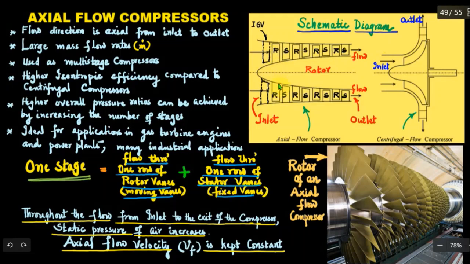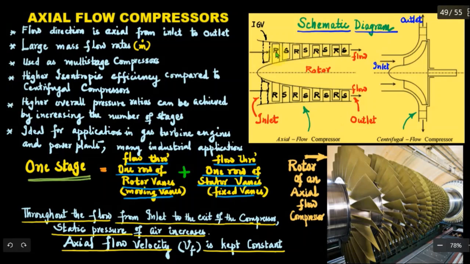In a rotor vane, remember, that is rotating. As it rotates, it provides kinetic energy to the flowing air. So there is energy addition. And in between rotor vanes, the flow area at the inlet tip is different from the flow area at the outlet tip. If the outlet tip area is more, there is a diffuser action for the flow even while flowing through the rotor vanes. So therefore, there is energy addition as well as